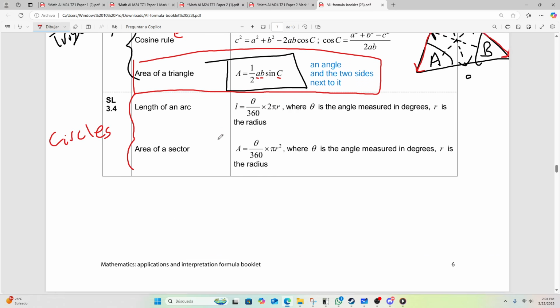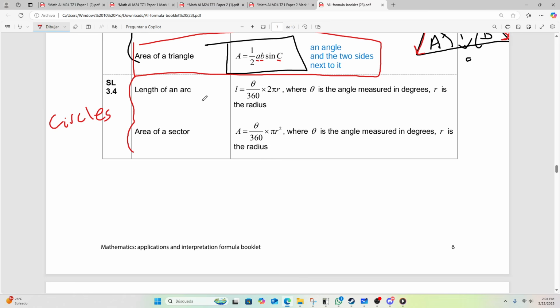All right. Then we have length of an arc, area of a sector. Again, an example where it's extremely easy, but you just have to know that these tools exist. The main thing I can point out here is: what is an arc, what is a sector? Let's say you have a Pac-Man that goes like that.